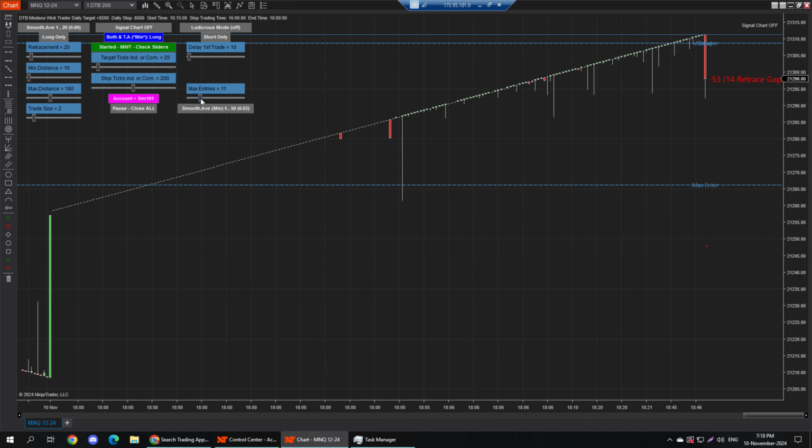And it's the same thing with the max entry. Say you want to enter 10 entries, okay? And then all 10 entries have entered, or say, for example, you've got 5 of the 10 entries entered, and you don't want to enter any more positions, you can reduce this back down to 5, and then it won't enter any more positions. So it's quite a powerful strategy in the sense that you've got a lot of control over what it actually does. And we haven't even covered any of the signal charts, but for right now, with all the testing I've